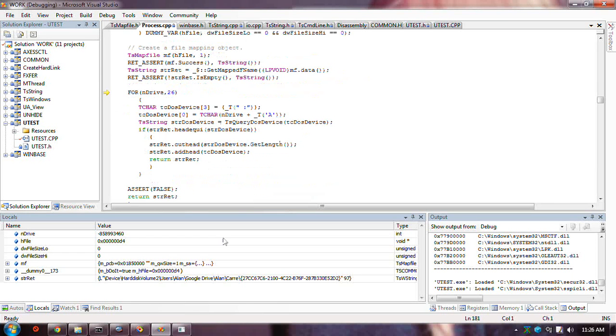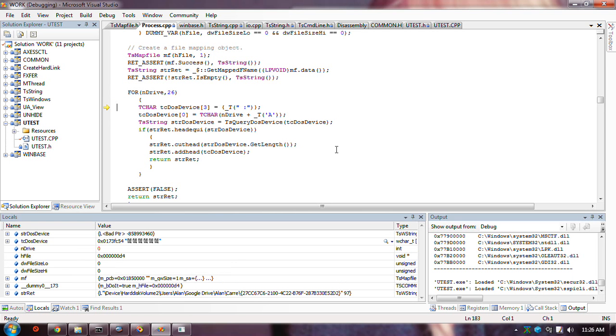Now it's a matter of turning that into a letter. You might think that you might as well just look at this number, but the prescribed way is to make a drive letter colon string and find out what its name is, like this. Here I'm passing in a colon, and this function is going to turn that into something that looks like this.